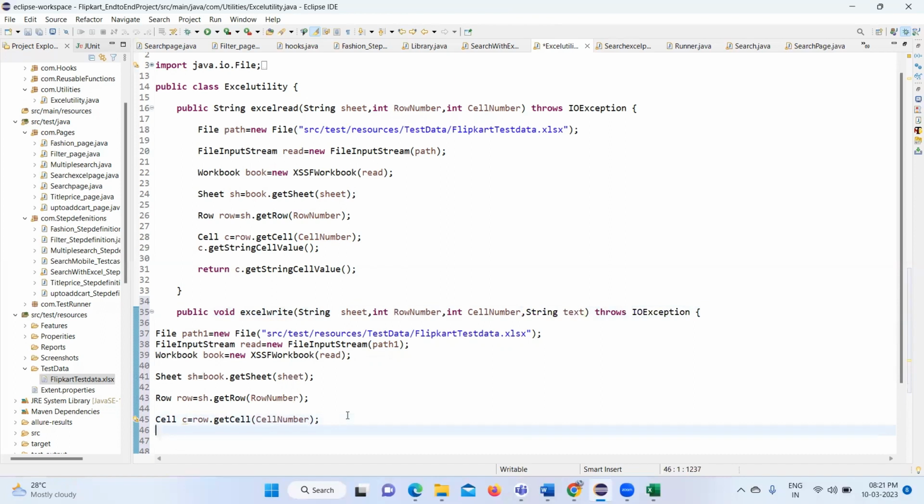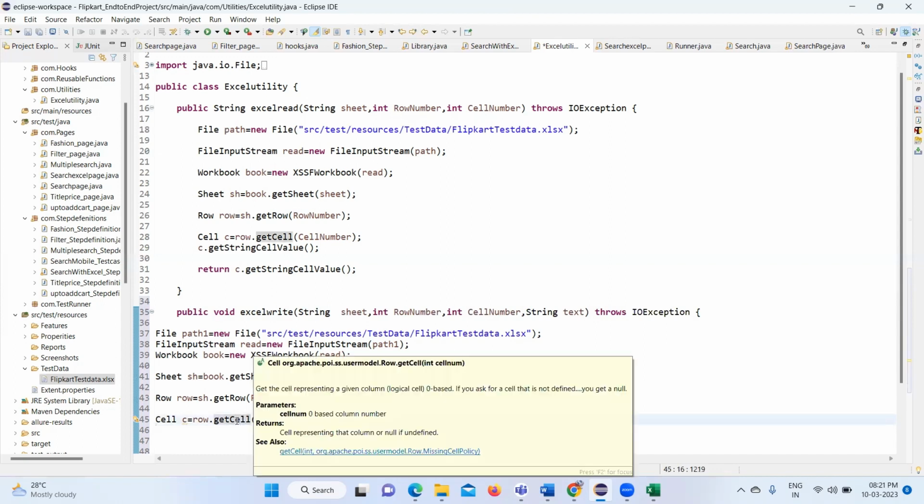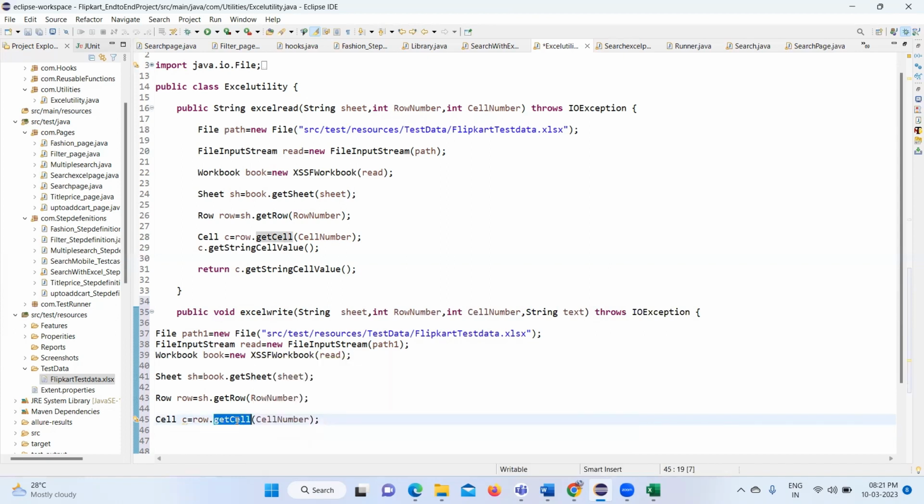We went to the path of the file, then we created a reference for the workbook. Then we created a reference for the sheet, and got the sheet with the help of the sheet name. Then we created the row with the help of the get row method and kept it in a row. Then we got the cell and stored it in the reference, C. Now what you have to do is, in the place of get cell,